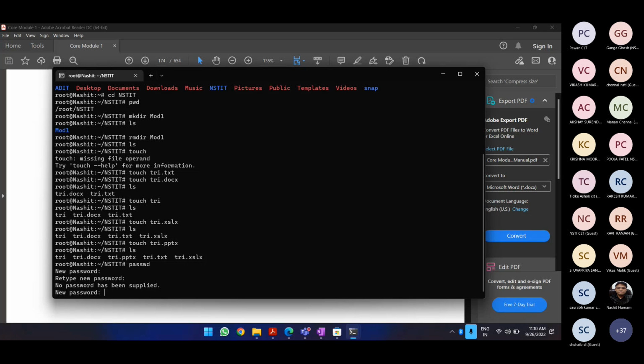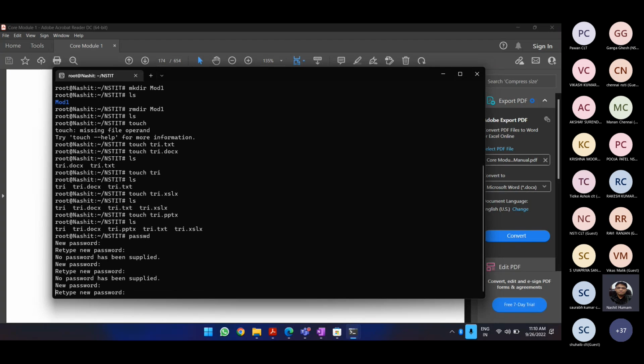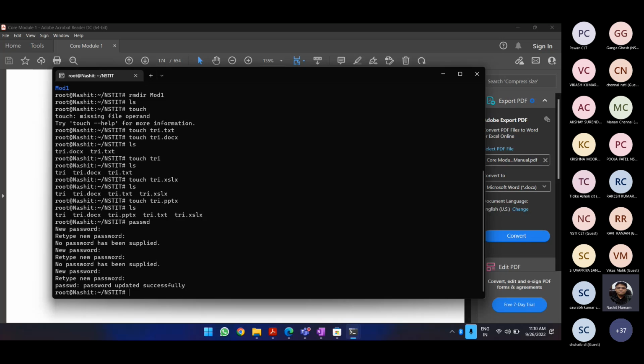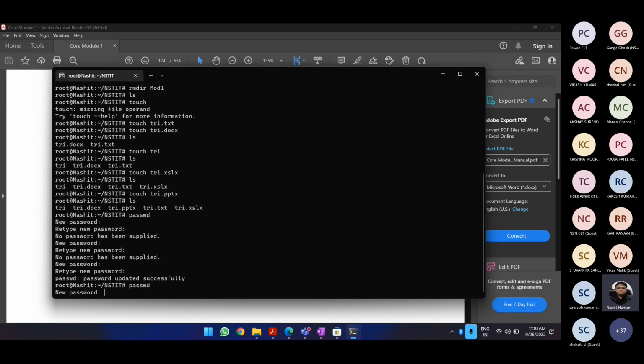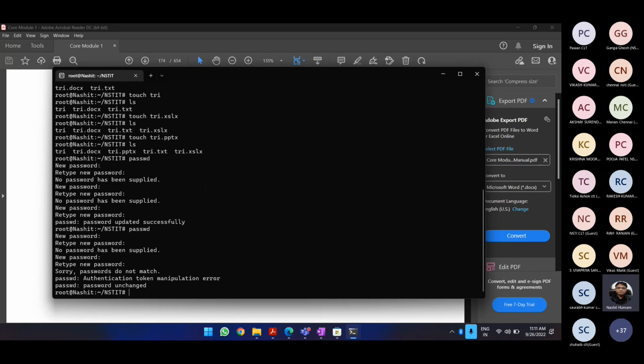I am not going to give it a password, or in case I want I can type in zero as my password. So now I have a new password that is only zero. You can create a new password, so I need to give it a password. You need to change a password, so you can use this password command.